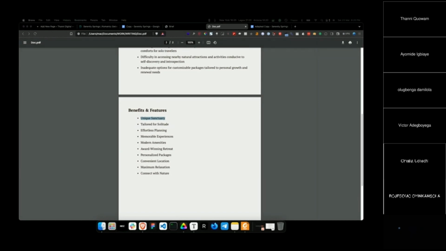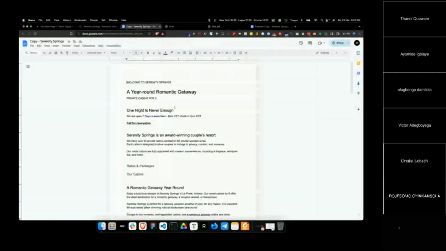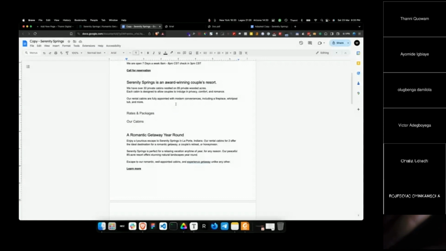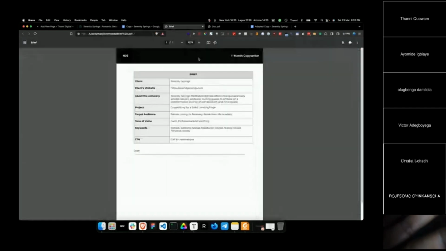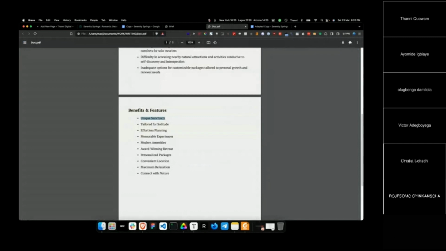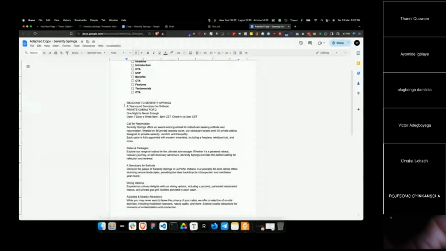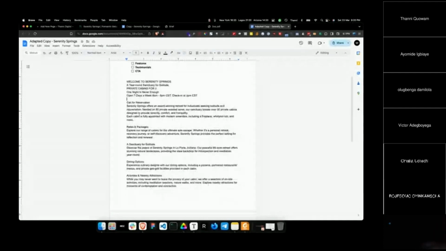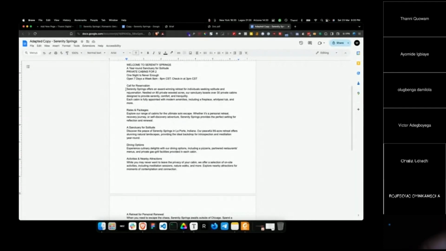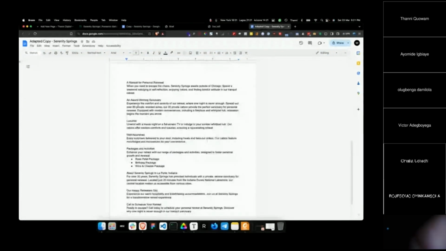All right, let's move on. So what I did is I took this copy and sent it to ChatGPT to adapt it to meet our requirement here, that is, to change the copy. Now you can see it's the same thing. It says, welcome to Serenity Springs, blah, blah, blah, private cabins for two, call for reservation. You can see Serenity Springs offers an award-winning retreat for individuals seeking solitude and rejuvenation, nestled on 85 private wooded acres and the likes. And you can see it's still the same copy, but now what we want to do